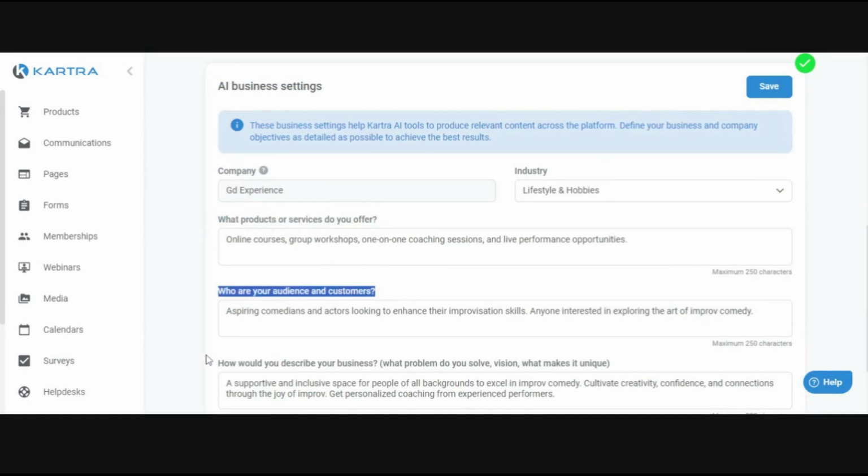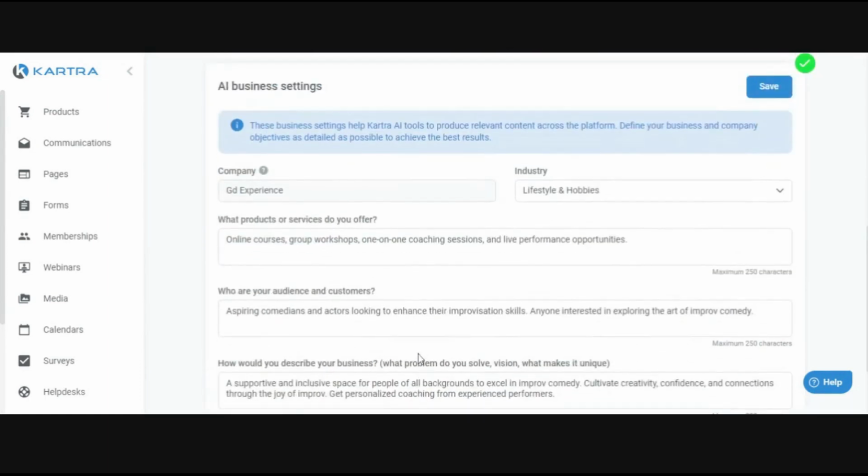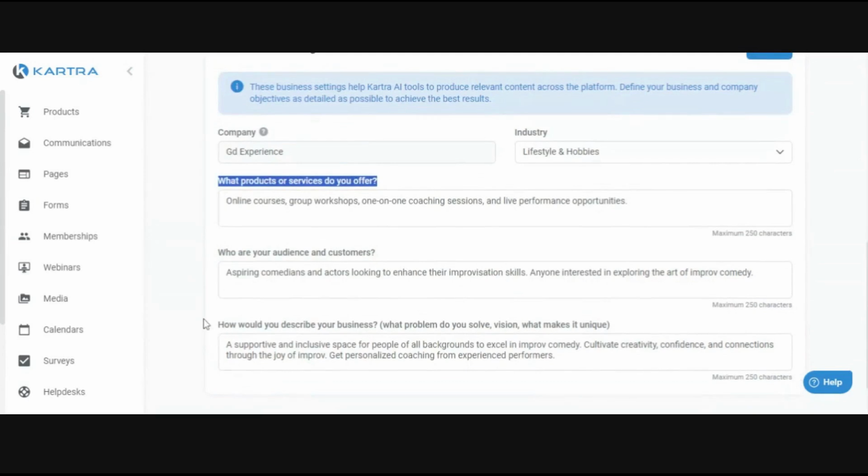Like who you're targeting? And how would you describe your business? You provide this information to Kartra, and then when you are writing your responses or your prompts using the Kartra AI, you don't have to worry about defining who your audience is. You don't have to worry about telling the AI what products and services you offer, anything about your business. You can just give them the prompt directions, like write me a sales email for my business, right? And because Kartra already knows all of this information, it's going to use all of this when it generates that